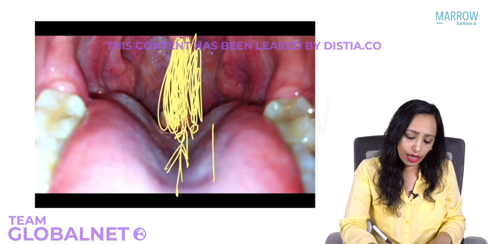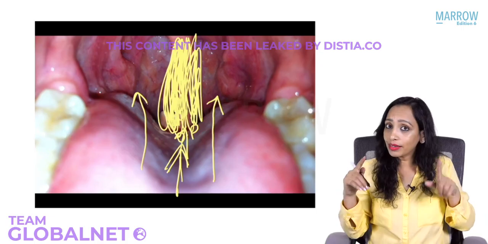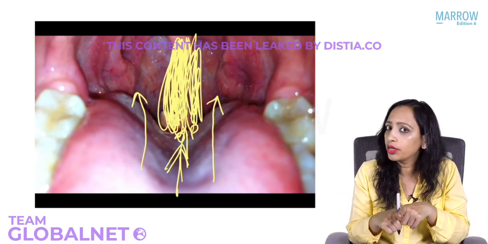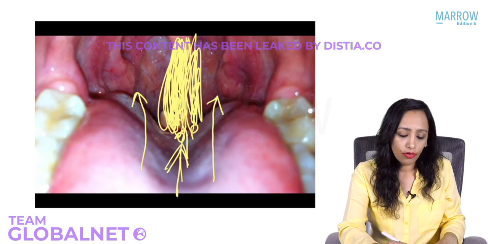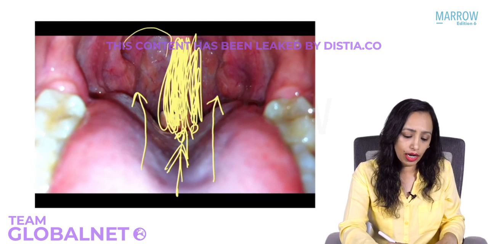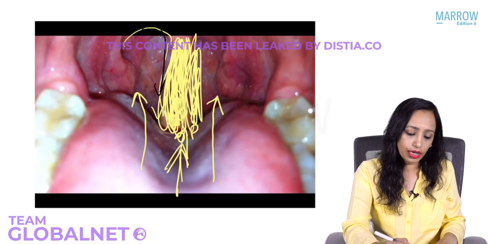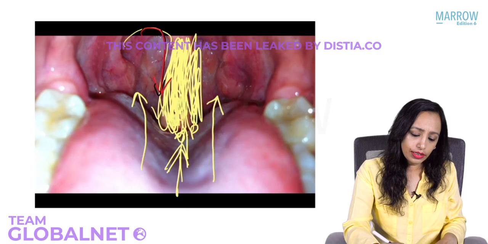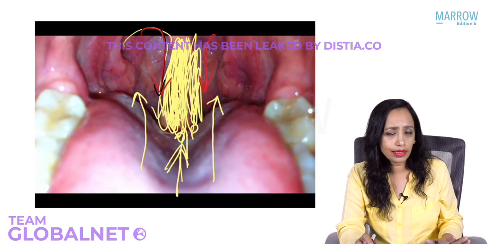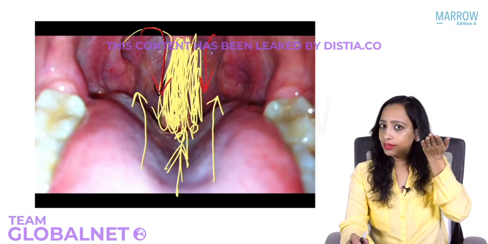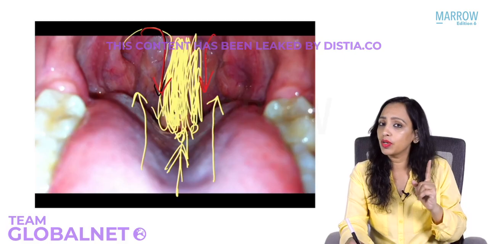The milk from here will go to the side. It will go into the piriform fossas. At the same time, it will not be entering into the larynx. And at the same time, the air that the child is breathing from the nose, from behind this uvula, will go through the inlet into the larynx. Is that clear? So because of the high placed larynx in infants, they can breathe as well as swallow at